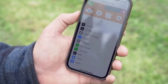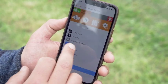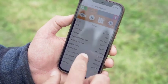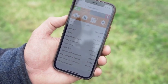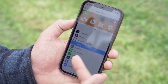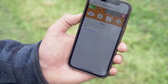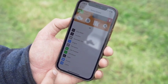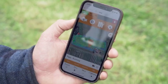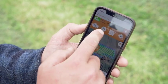So I can go in here and I can actually see a whole heap of information about the robot, any current error codes or events that are active, all of the engine details, engine RPM, voltage, hydraulic temperature, levels, etc. You can see this machine's got about 1700 hours of mowing. And then continuing through, we also have the ability to look at refilling points for fuel and things like that, and also the mower. So as I said before, it's tracking 1190 RPM on those blades, and that's really just the simple interface we have. We've tried to keep it very simple for farmers and people to be able to use and interact with their machine. So what we're going to do now is I'm just going to pause the machine up the top here,